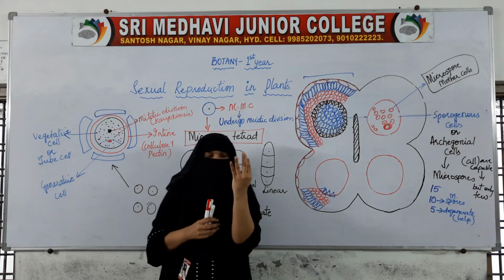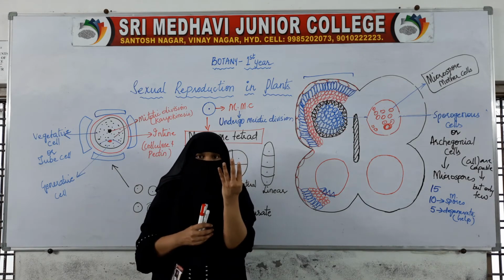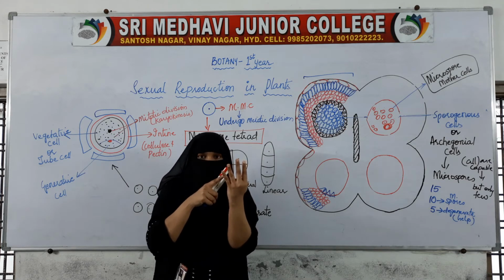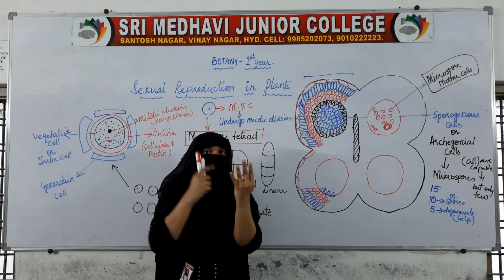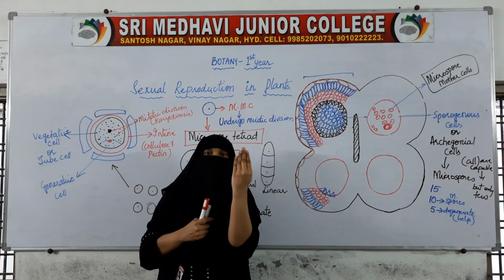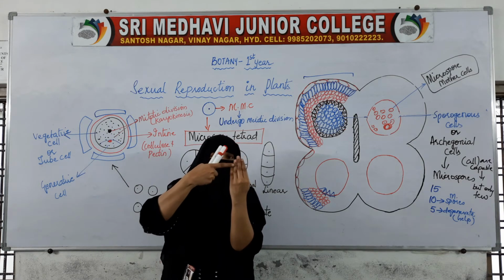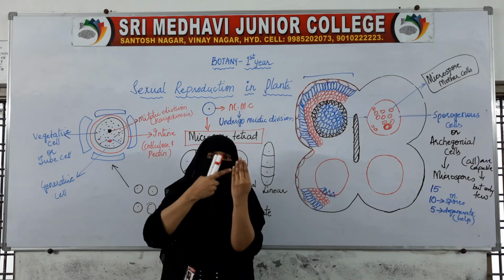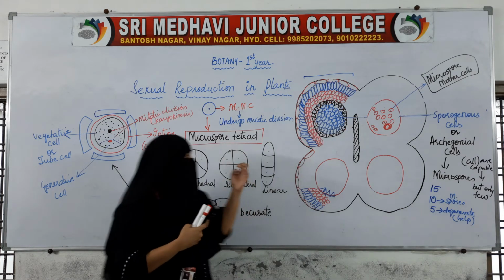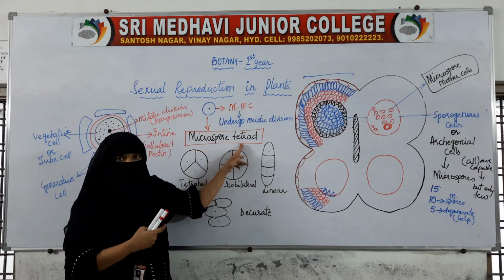Okay, for example, this is the 4 cell stage. One cell has given rise to 4 daughter cells. In other cases the 4 of them are separate, but in this case, after the division, the 4 of them will be joined together. So these 4 joined-together cells are called a tetrad. Tetrad. So this is a microspore tetrad.